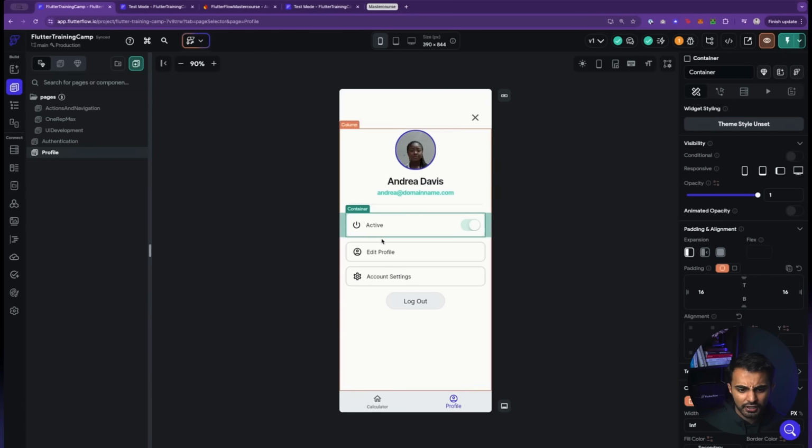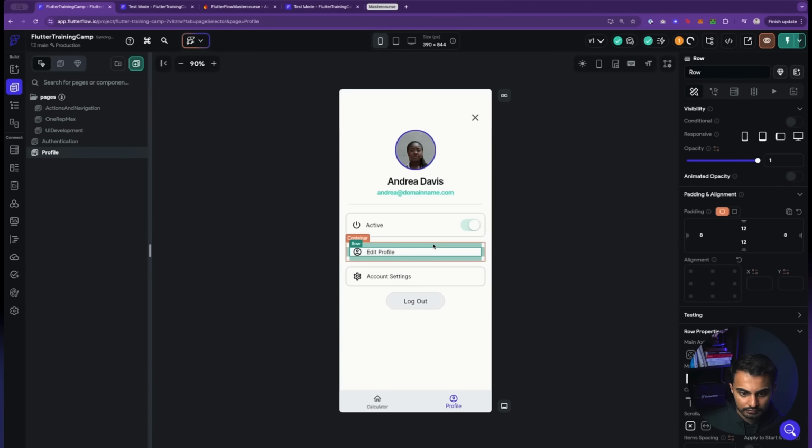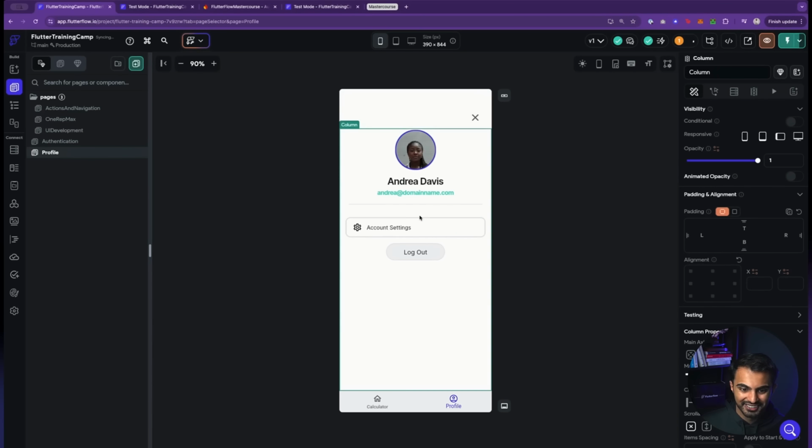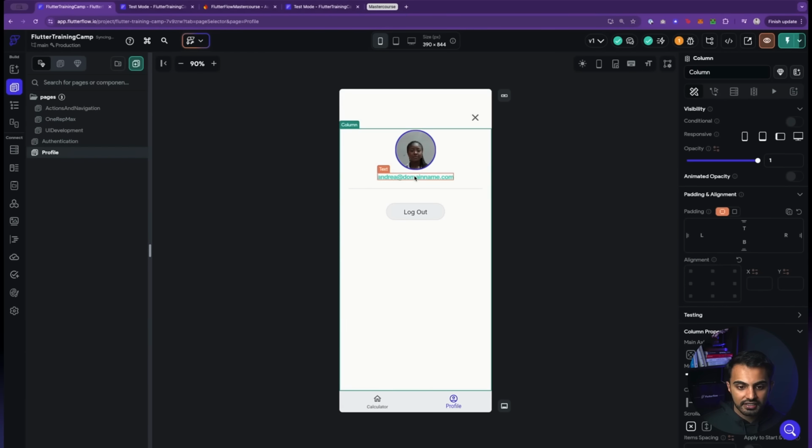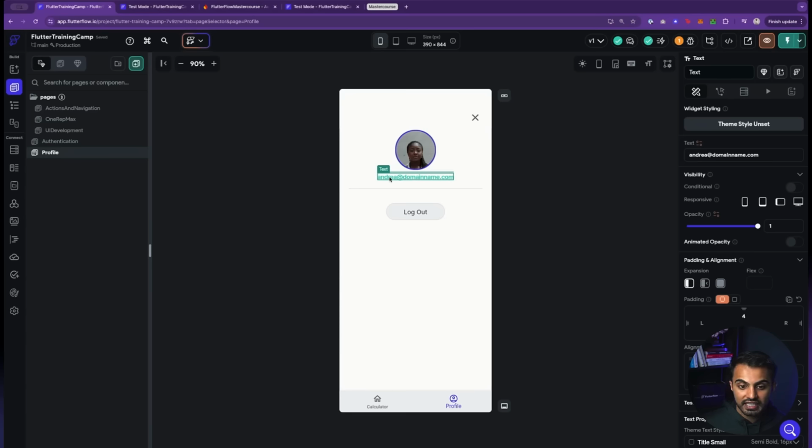Some of these other things are not really implemented right now, so I'm going to just hide them. Or by hide, I just straight up mean delete. I'm just going to delete them. Now I want to show you another thing. Okay, delete this piece of text, and right here on this text, we actually want to feed in the real email address of the user who is logged in. So how do you do that?